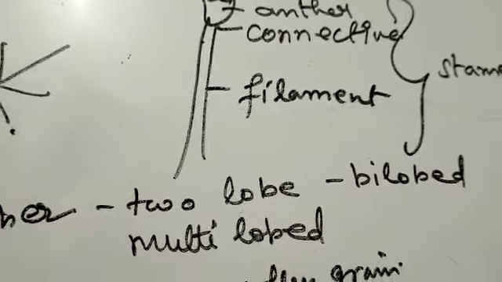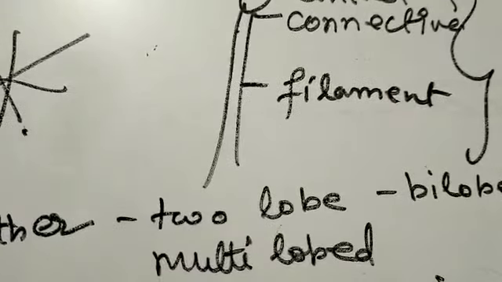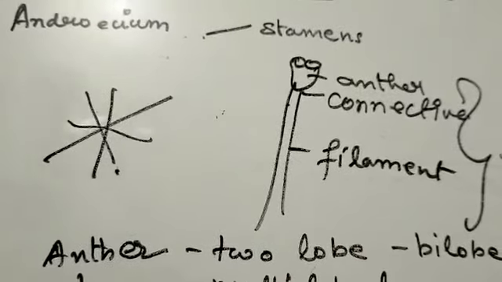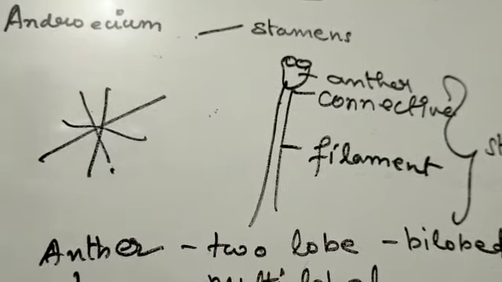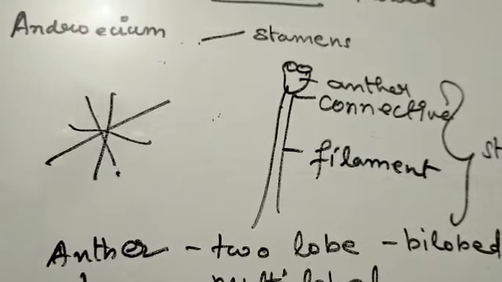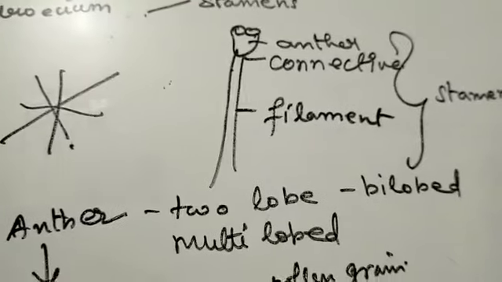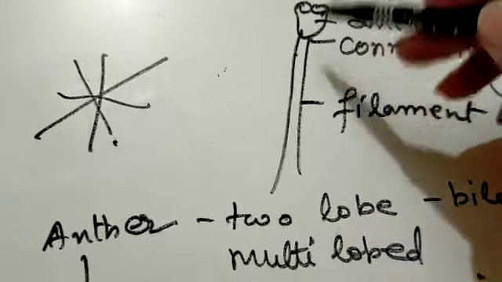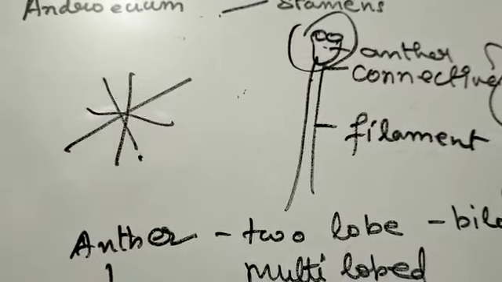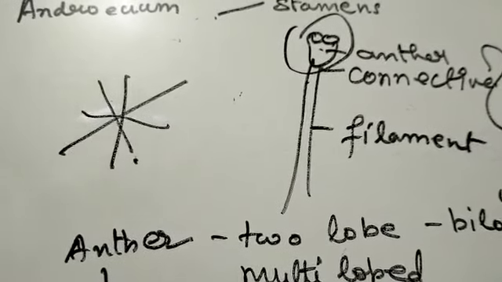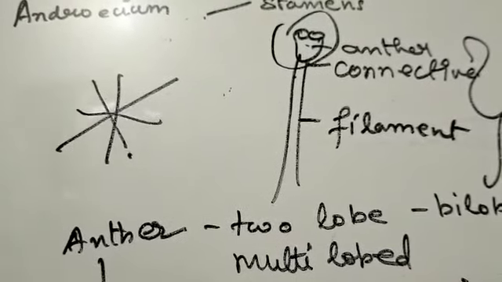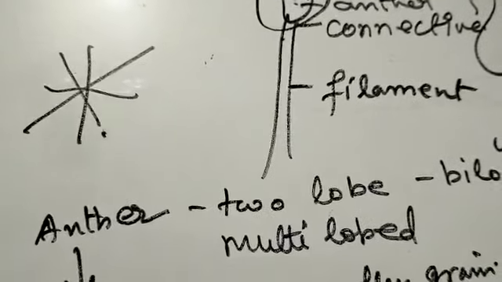Clear? Now, what is the work of the androecium? We all know that it is the male reproductive part, responsible for reproduction. But separately, the anther produces the pollen grains, which contain the male gamete. Second, the filament bears the anther in such a manner that it is in the most suitable position for the transference of pollen grains. If the flower has only stamens, then it is called a staminate flower.